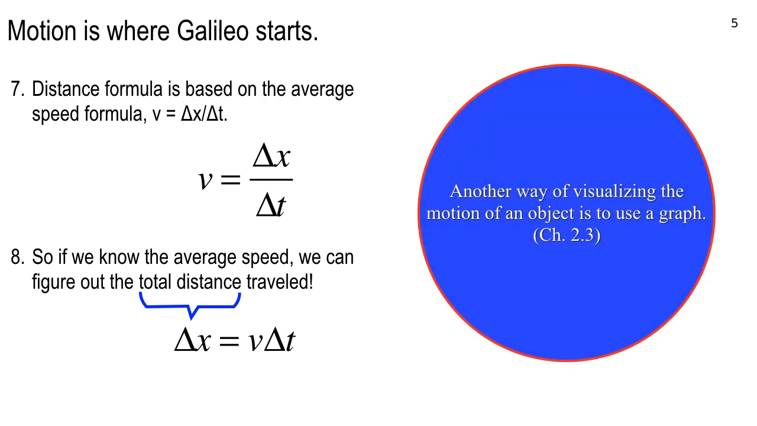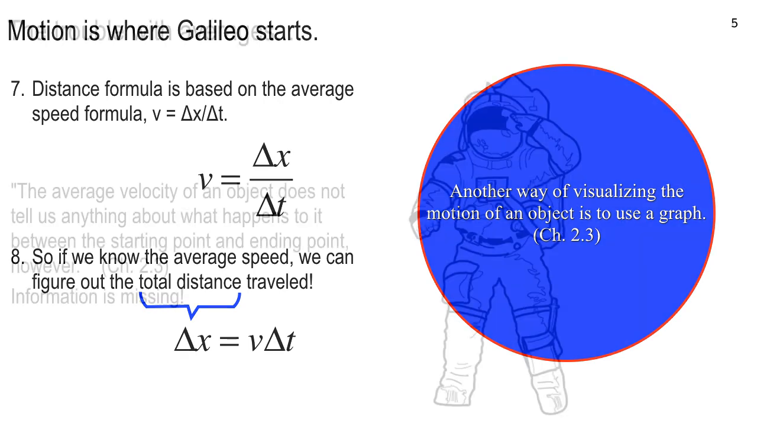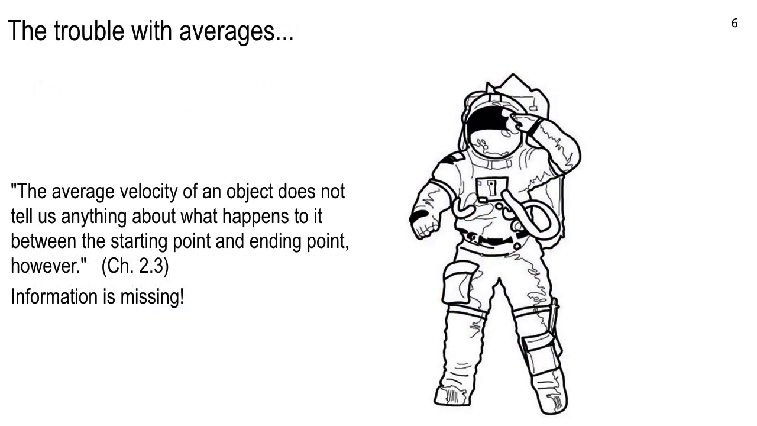Now, there's another way of visualizing the motion of an object, and this is from chapter 2.3. We're going to be mostly in chapter 2.3 today, and that is using a graph. And I cannot overemphasize, and we're going to do a talking PDF of graphs, velocity graphs. The reason for it is because there's a trouble with averages. If all you know is the average speed, you don't know jack about any specific moment along the road to